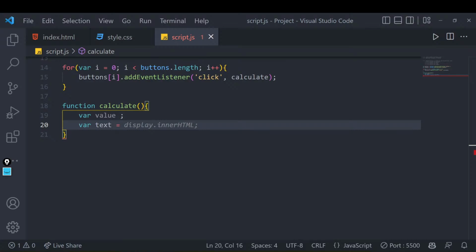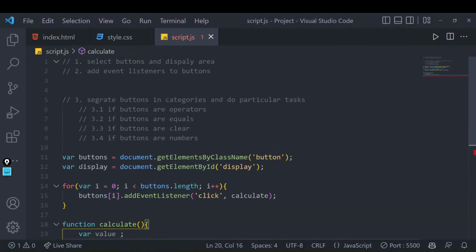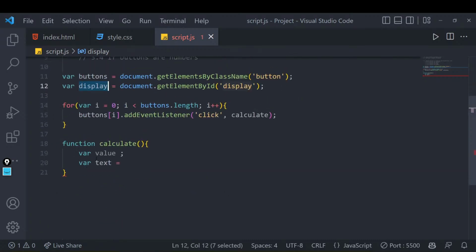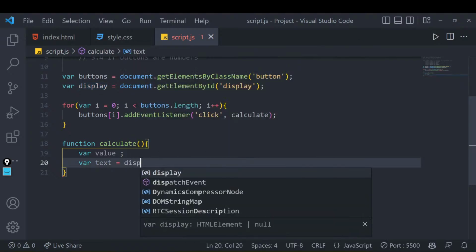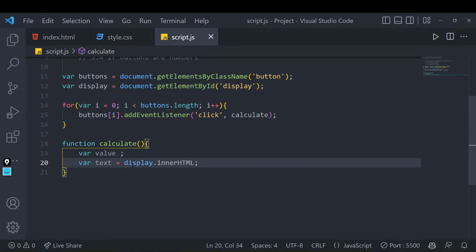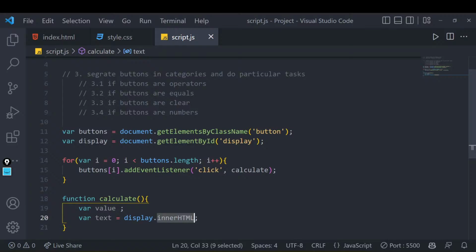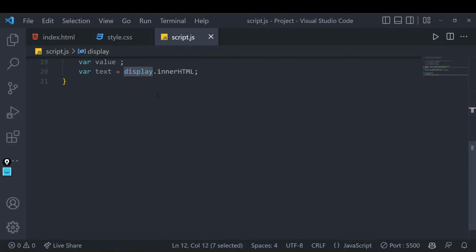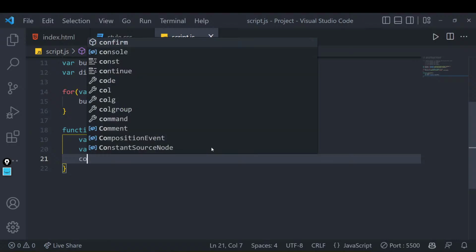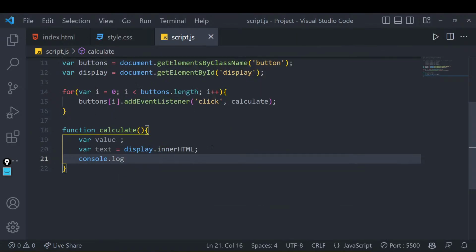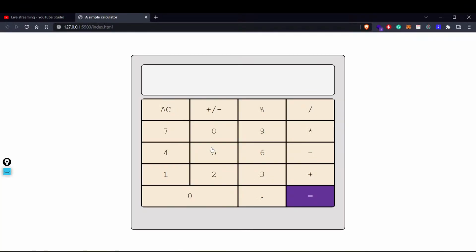See, just in a minute, you remember this. We have selected that particular display area and we have given it the name display. So what I want to see is whatever there is inside my display area. I want to get this thing over here. I'll simply say display.innerHTML, right? Why innerHTML? I believe we discussed in the last class that whatever is inside this particular element will be shown over here, right? Let's quickly do one thing. Let's quickly try to console.log the text area, right? Let's see what we get